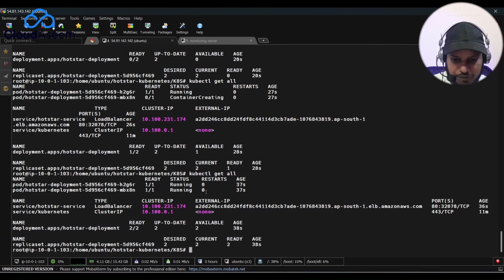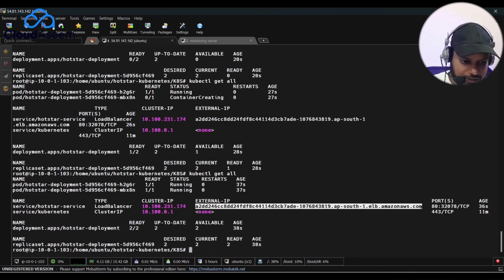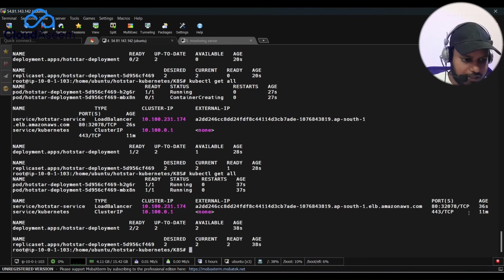Okay, so if you check the command with kubectl get all, right? One service is created with the external IP address, that is load balancer, right? And the port map is 82, and its age is just now we have created, 36 seconds. And in the service, Kubernetes has been created, cluster IP with this one, right? And then the deployment, we have 2 by 2, 2 is updated, 2 is available, and age is 38 seconds,